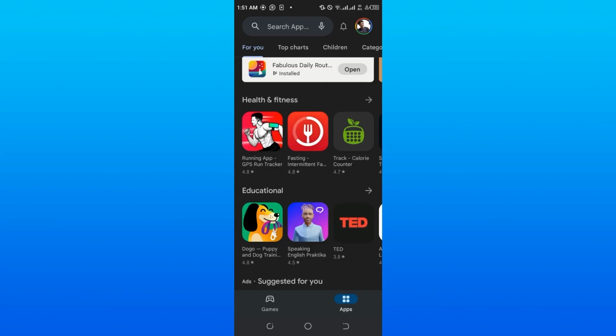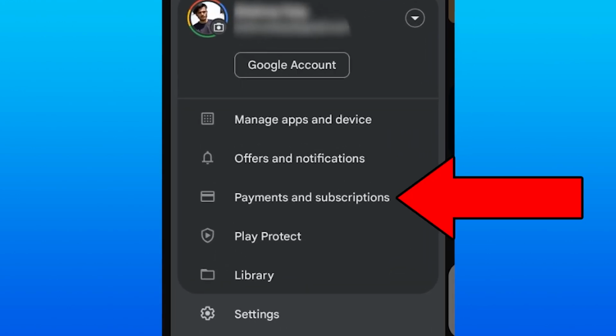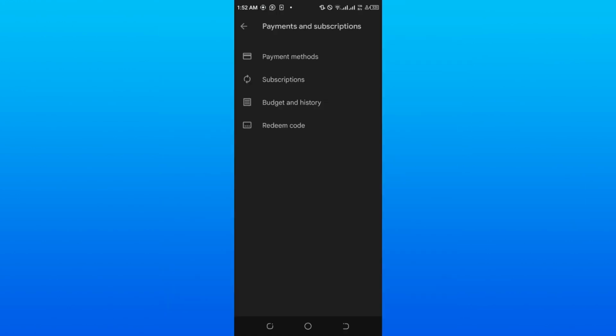Fixing your payment method not being available or not working on the Google Play Store is really easy to do. Now, the first thing you're going to need to do is click on your profile icon once logged into the Google Play Store. From here, simply go down to the option called Payments and Subscriptions, click on this, and go over to the option